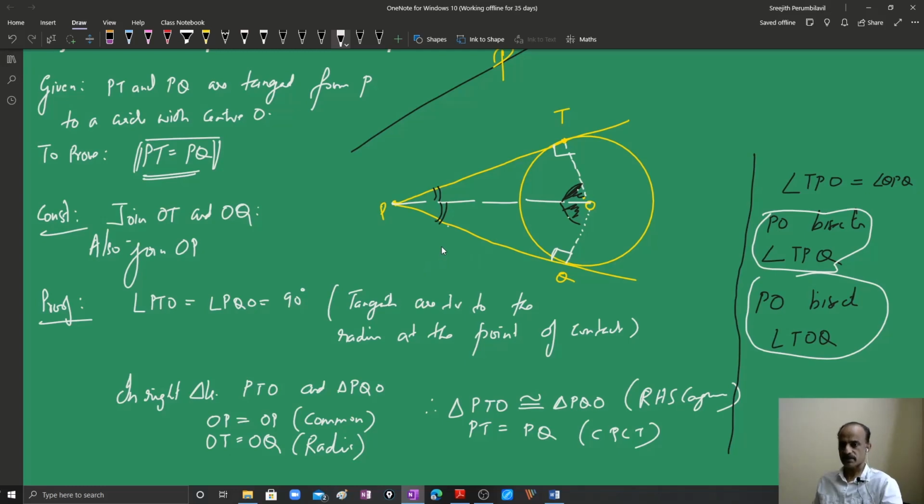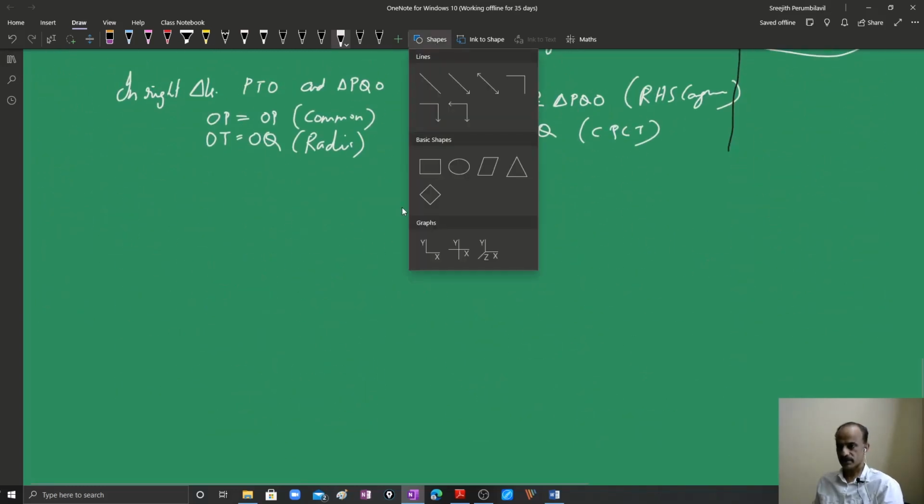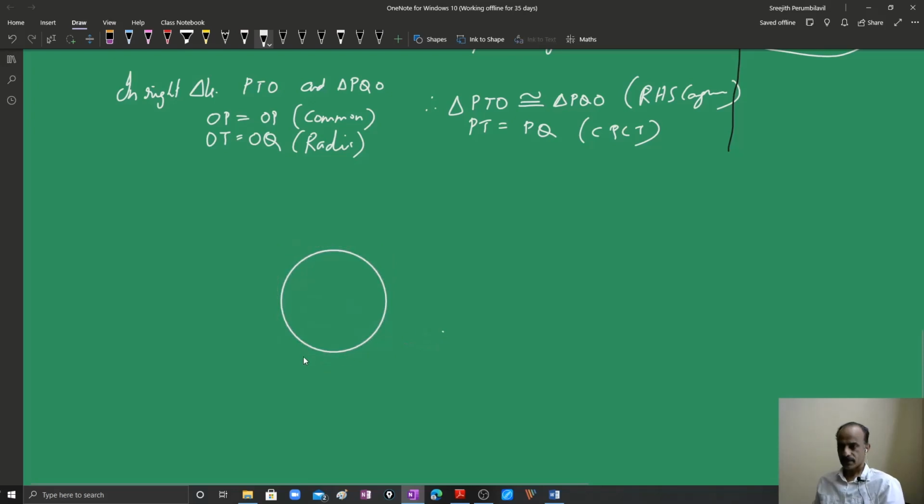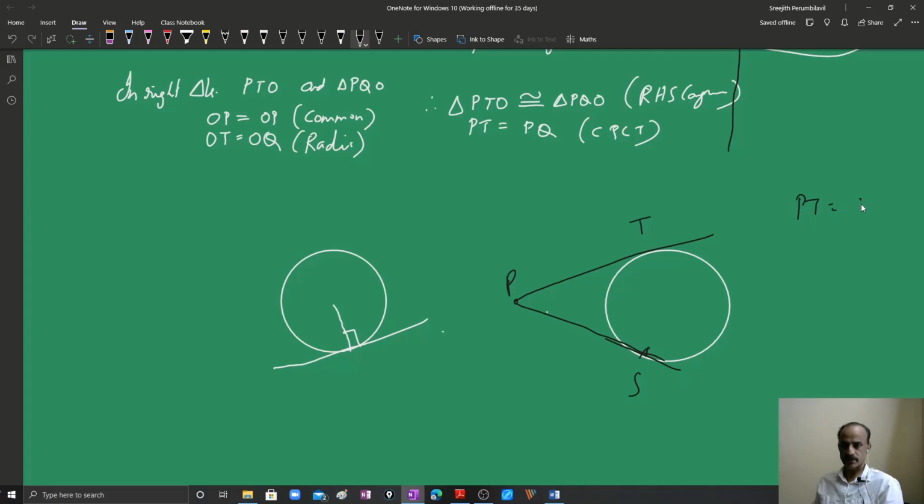The first concept, or the first theorem, is that a tangent is perpendicular to the radius at the point of contact. The second concept that we have learned is that if there is a circle given and there are two tangents drawn from an external point P, PT and PS, then PT is equal to PS. Also, in addition to this, we have learned that this line bisects the angle between the